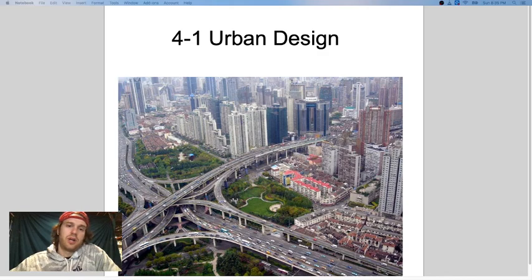All right, so real quick, what you need to know about urban design. If you're an engineer, there are certain civil engineers that are going to be a great part of city planning and designing what's going on. Where are the utilities going for a city? We'll go through all this. There's a lot of money that goes into this. There's a lot of politics that goes into where things go, how close certain areas are to other areas, business areas versus the price of housing in certain areas and certain housing developments. And so there's a lot of arguments and a lot of politics associated with urban planning, which is not something you typically think about when you're an engineer. But being an engineer can be a very political career as well.